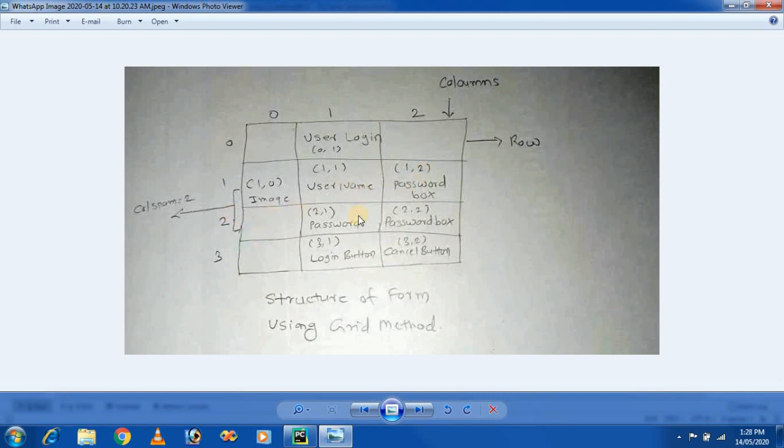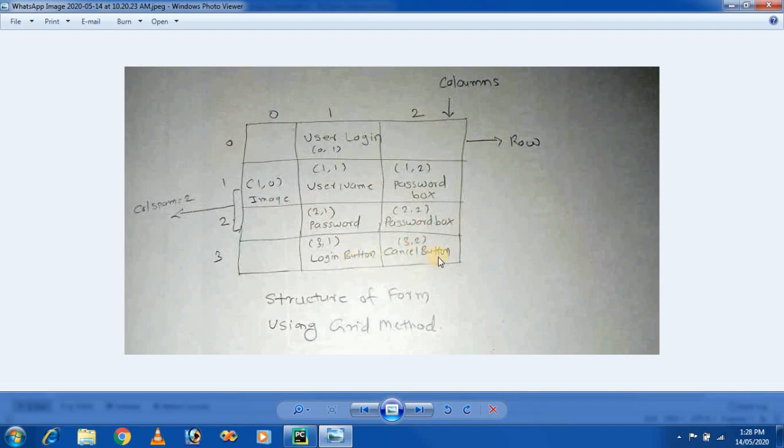Next, at row 2 and column 1 I am taking a password label widget, meaning enter password. This is a label, and in front of this, at row position 2 and column position 2, a password entry box. And below this I am taking two buttons, at row position 3 column 1 and row position 3 column number 2.